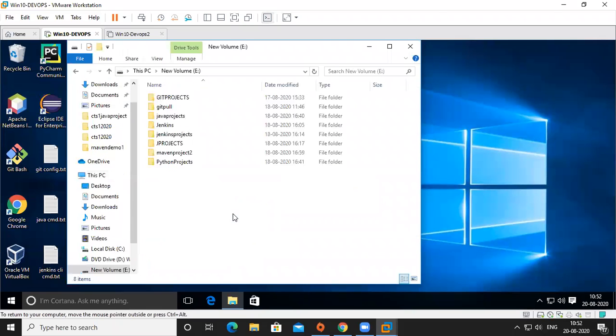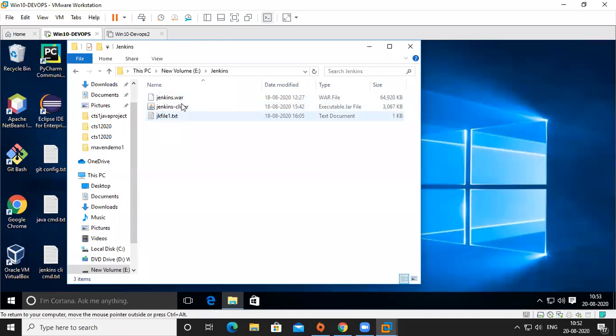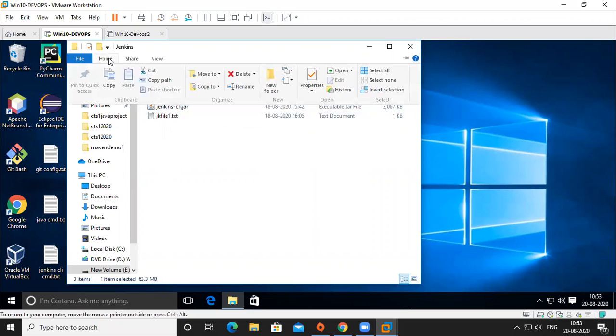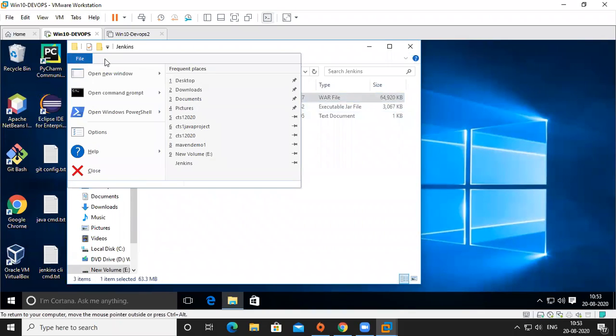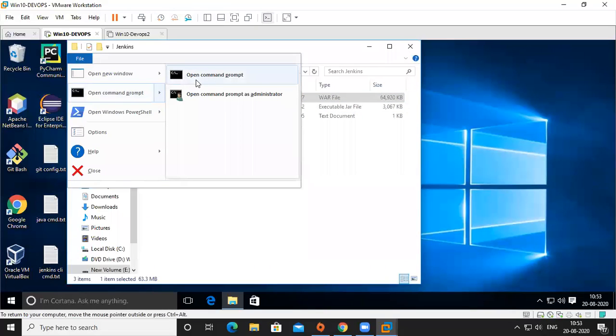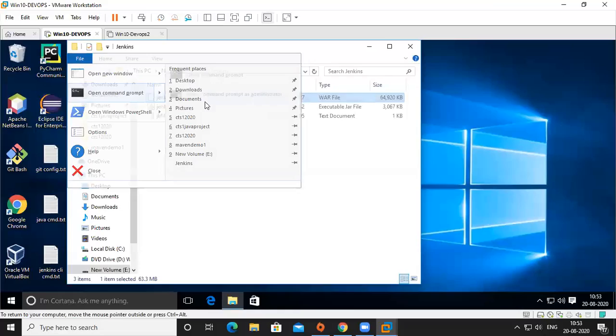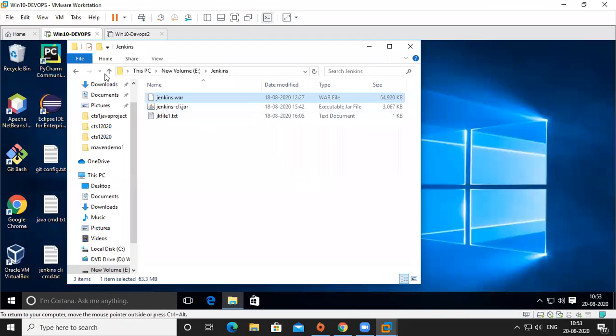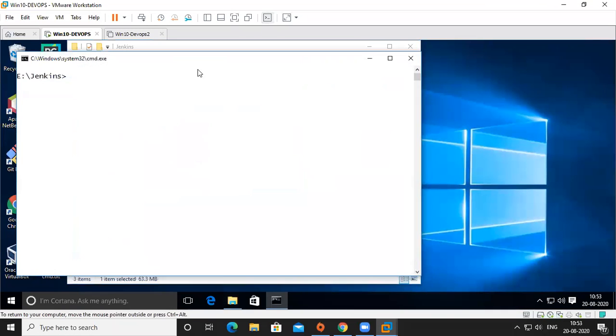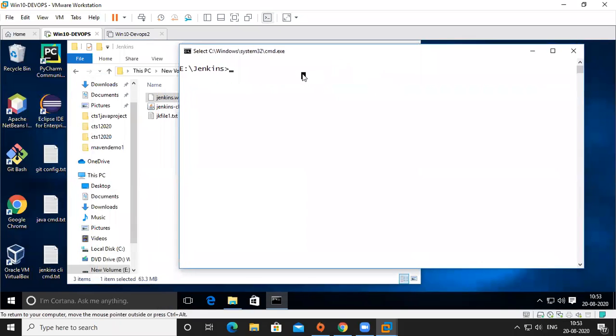Okay, so where I put a Jenkins folder, this is my Jenkins folder. This is my var file. It should also show this coffee cup type, so Java cup. Then I'm going to run as administrator, non-administrator, no problem. So Java -jar, same as earlier, Jenkins.war, enter.